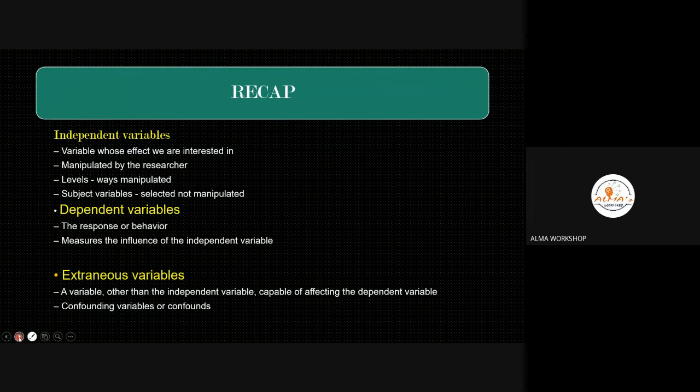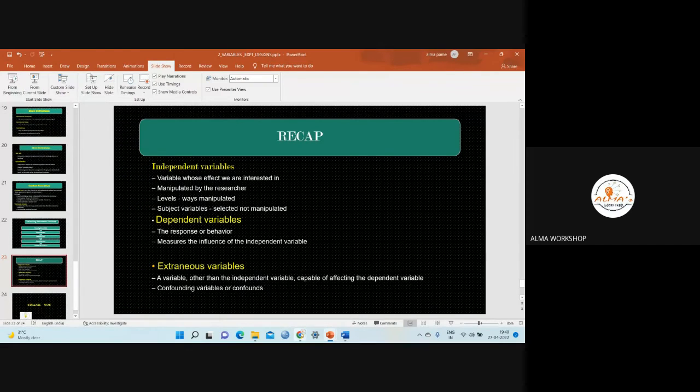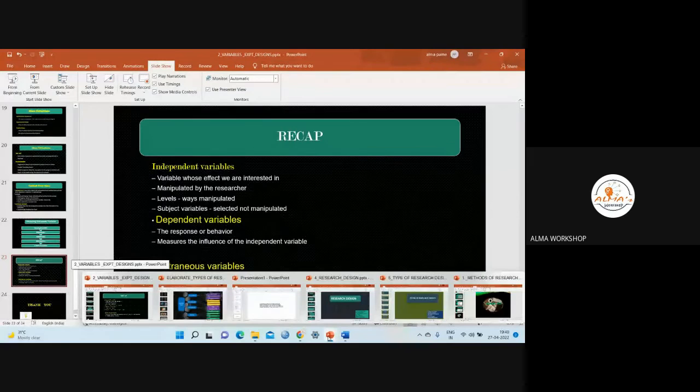So what you have studied: you have discussed the independent variable, the dependent variable, the extraneous variables. Also, we have discussed the confounding or intervening variables. Okay. And the next is,